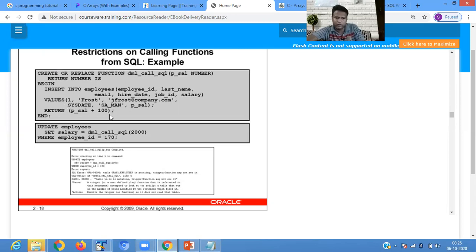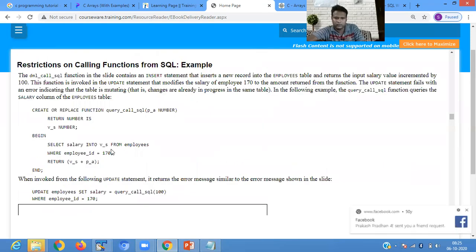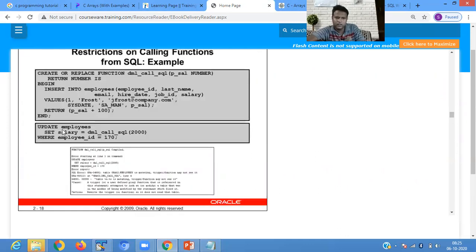When we try to update the record, it shows an error, because in the update SQL statement we are trying to insert a record. It is like a contradiction. We want to update, but in the update statement we are trying to insert a record, so it shows an error.